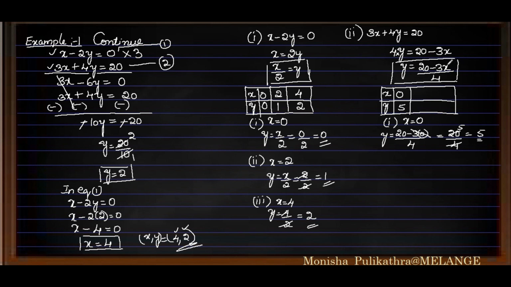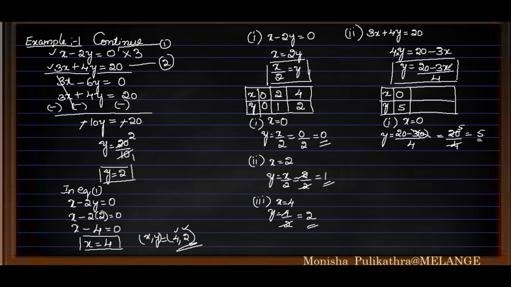So next, if you substitute x is equal to 1, 3 ones are 3. So 20 minus 3 is 17. 17 is not divisible by 4. If you go on dividing it, a decimal point will come. So 1 is not a good option. Next, take x is equal to 2. Then 3 twos are 6. 20 minus 6 is 14. 14 is also not divisible by 4. Then x is equal to 2 is also not a good option.